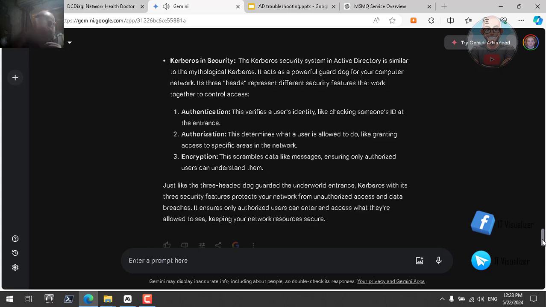Just like the 3-headed dog guarded the underworld entrance, Kerberos with its 3 security features protects your network from unauthorized access and data breaches. It ensures only authorized users can enter and access what they're allowed to see, keeping your network resources secure. I think this answer is not correct because